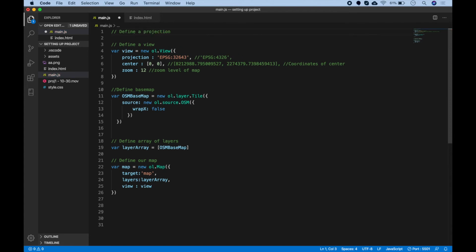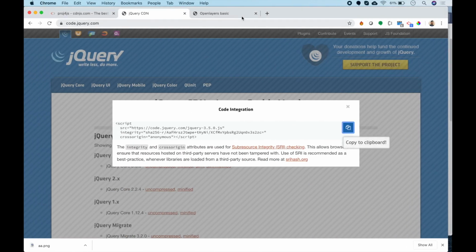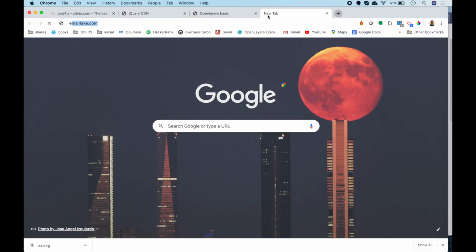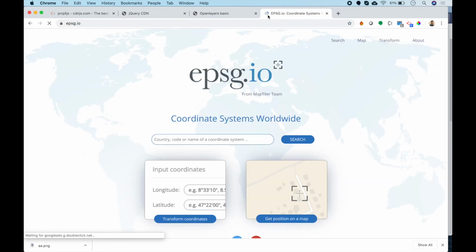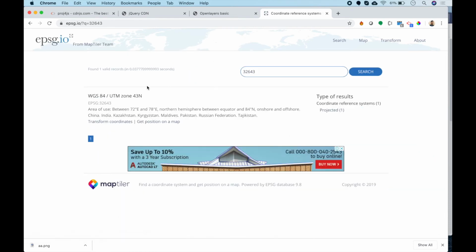You can simply go to Chrome again and search for epsg.io. This is a very famous website to get information about different coordinate systems. So I can search for 32643, and if you find the result, you will see it here.